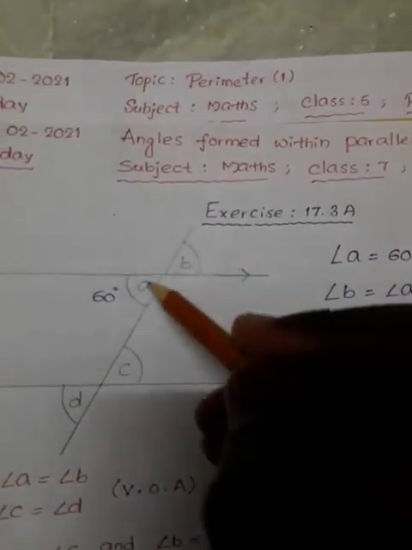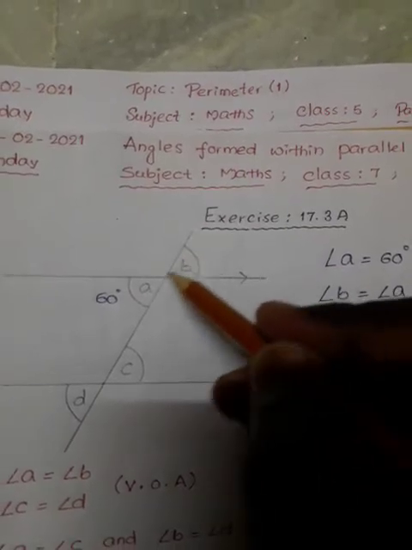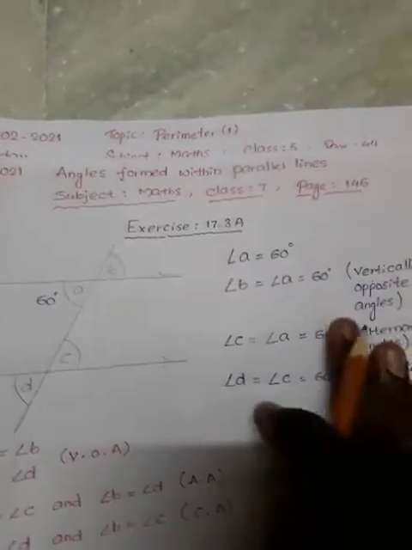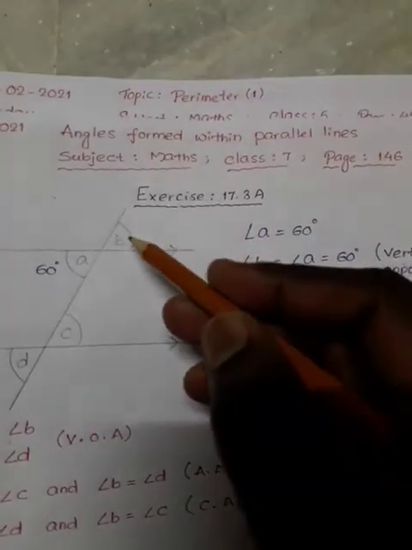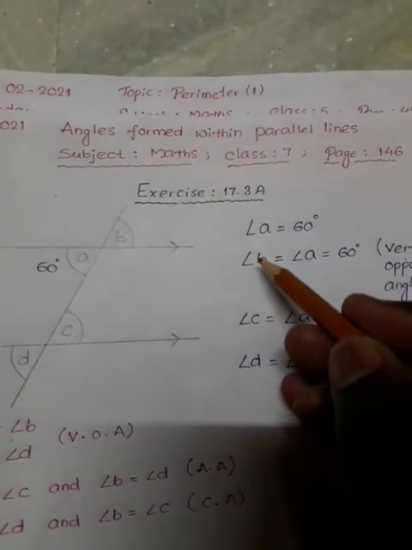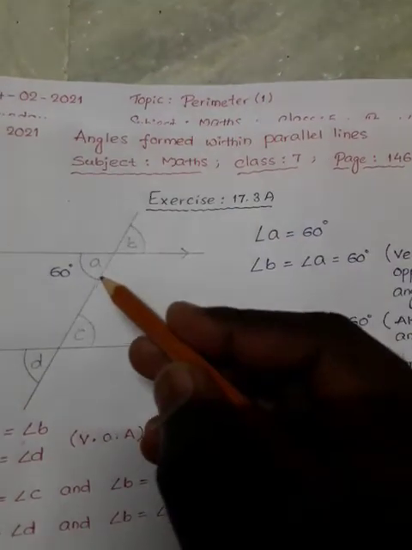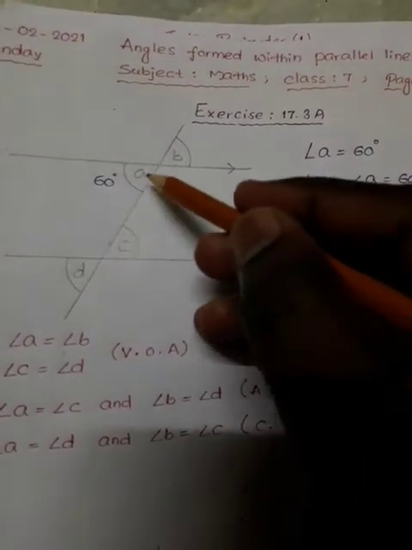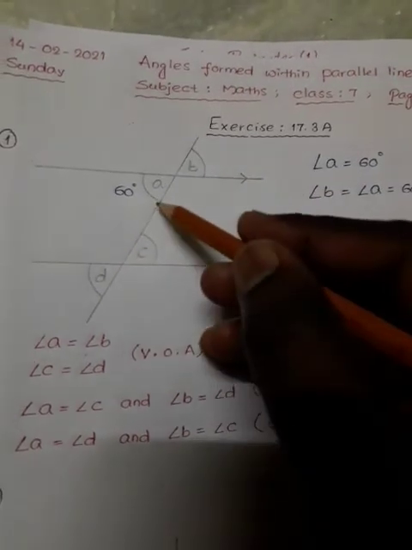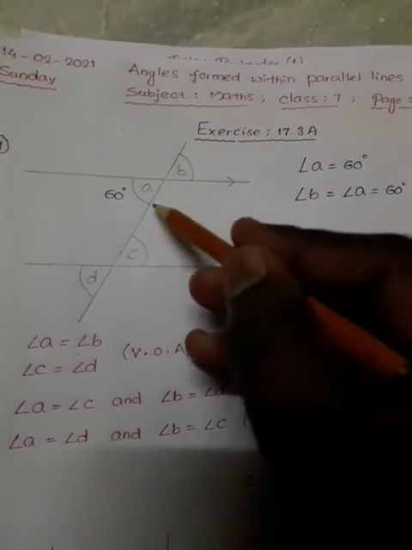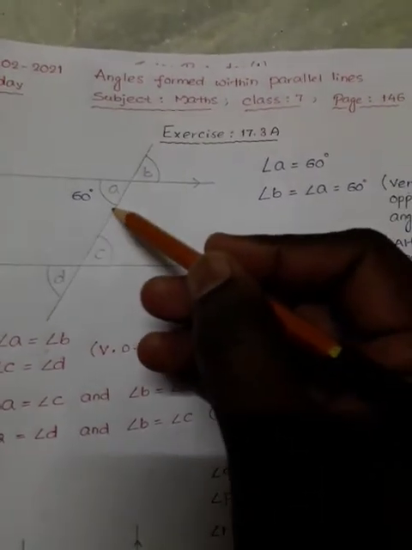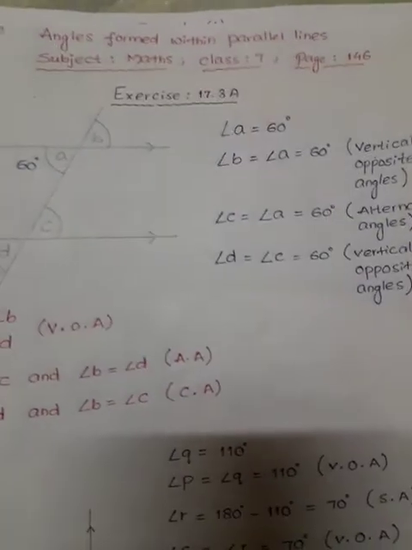Now angle B, we learned already in the last class, whenever it looks like this, like an X, then it is vertically opposite angles. The angle B, that means whichever angle I need to find, write that angle first. I compare with angle A, that is 60, vertically opposite angles. Now angle C, we learned already, whenever these two are parallel lines, A and C are inside the parallel lines, and one is left, one is right, so it is alternate angles. So angle C I compare with angle A, that is 60 degrees, alternate angles.